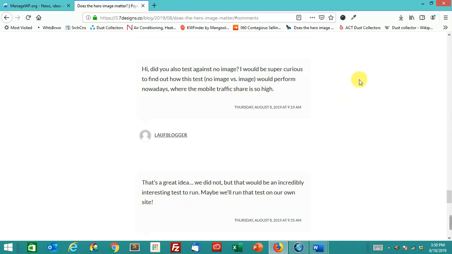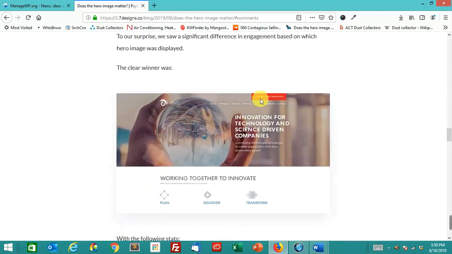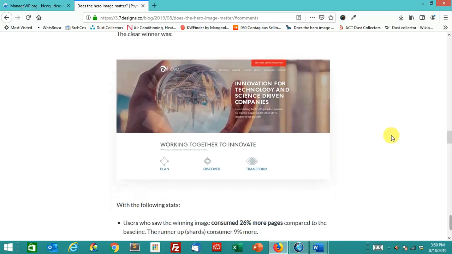But I would probably shy away from that if that was me, because as we talked about in the last video, you don't want to go against the pattern of things that Google is already ranking. So if the majority of sites have a hero area like this, with a full width, almost full height image with a headline and maybe a little tagline, maybe a call to action button, you don't really want to go against that grain and have nothing,